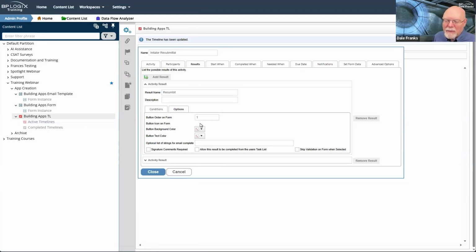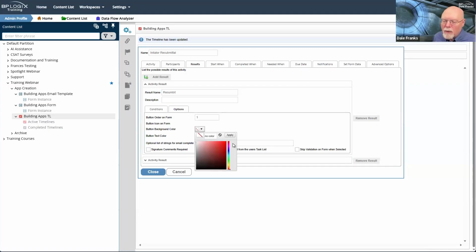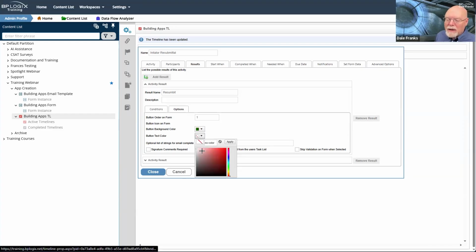Can't see it because the icon is white, but we are going to set our button background color to some flavor of green. And it is going to be a relatively dark green because we do want to ensure that we maintain the appropriate color contrast between the background and our foreground text. So my back color is going to be this kind of medium dark green, and my button text color is going to be white.